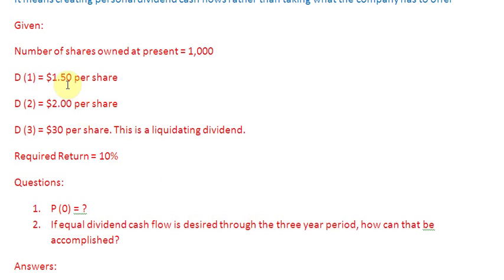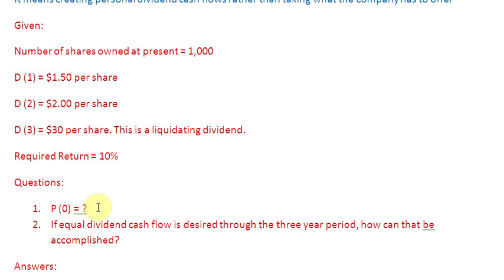At the moment, if you look at these dividends that the company is paying, it's $1.50 per share here, $2 per share here, and $30 per share here. So it's not equal, but what we want is to create an equal dividend cash flow for ourselves, and when we want to do that, we are going to bring in the concept of homemade dividend. But let's keep that for later. At the moment, let's try to answer question number 1, which is to find out the current price of the